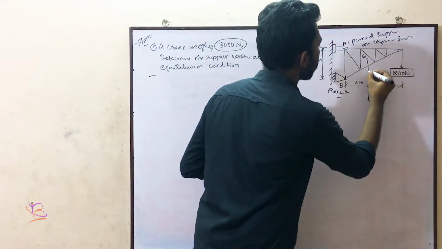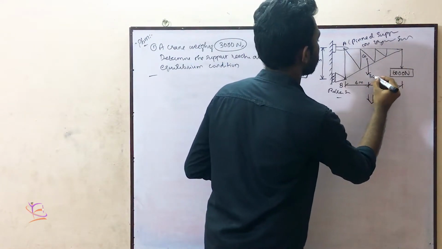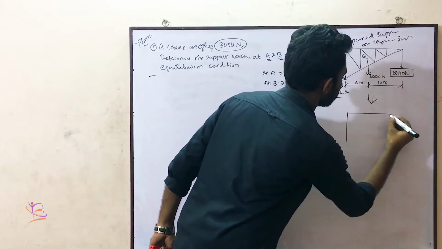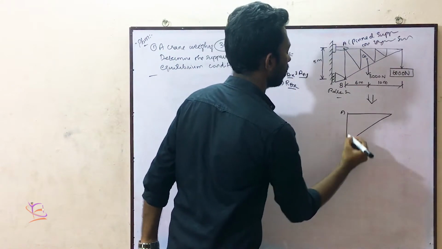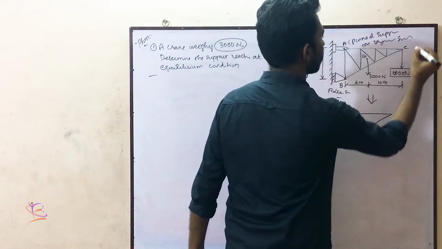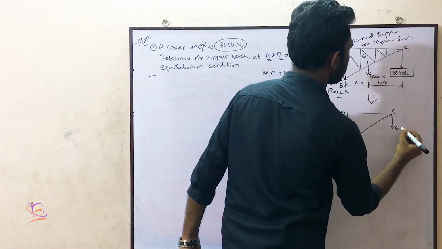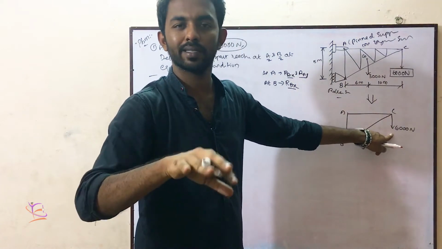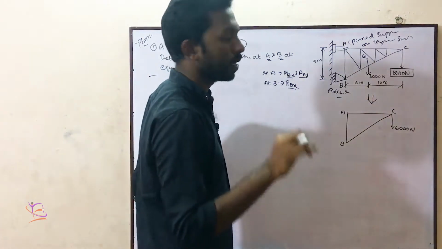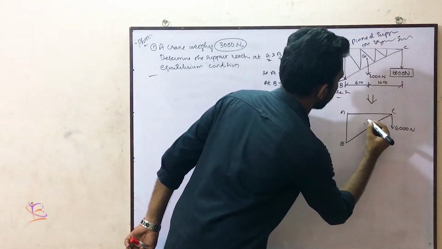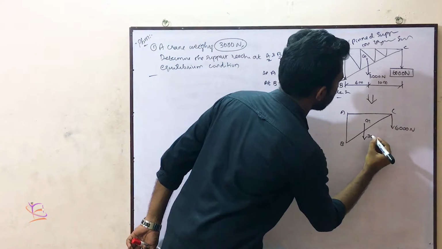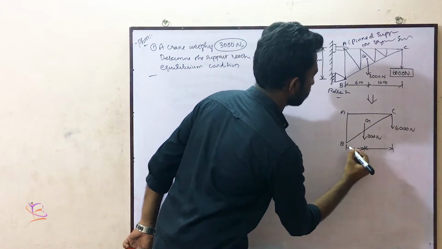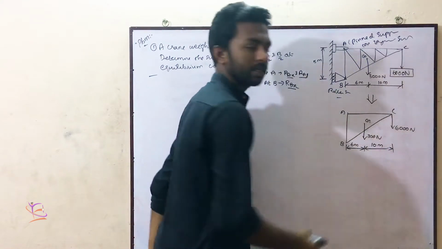Okay. Now, this thing you have to consider, 3000 Newton. This will be at the centroid point. It is also given in the diagram. 3000 Newton. Okay, free body diagram. So now the shape is a triangle A, B. So this you can take as C. Okay. This is 6000 Newton. This is the vertical force, so no need to do any resolving. Horizontal, vertical. Inclined force means we have to do some resolution. Now, this is a point G. Here, 3000 Newton is acting. This distance is very important because for calculating the moment. This is 6 meter. This is 10 meter.